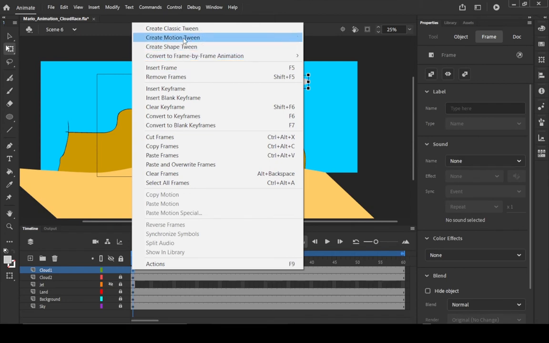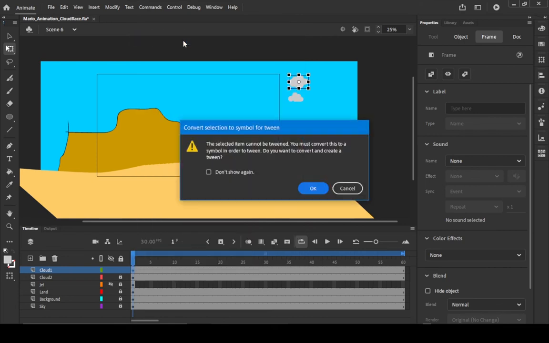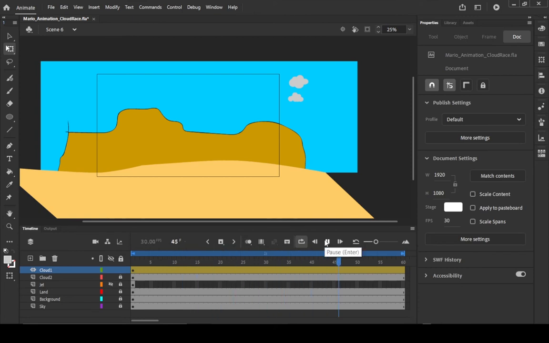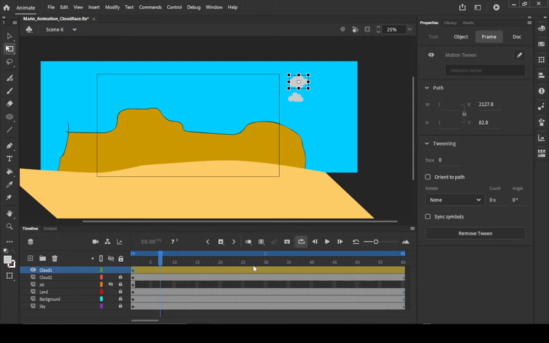So when I create a motion tween, it's going to turn my cloud into a symbol. So there you go. It's asking, you have to convert it to a symbol to move it across the screen. So just hit OK. So now it's a symbol, and you can see that the color has changed on that layer. Now if I hit play, nothing's really changed. Everything looks the same. But what I can do now is I can go to frame 40 on cloud 1,